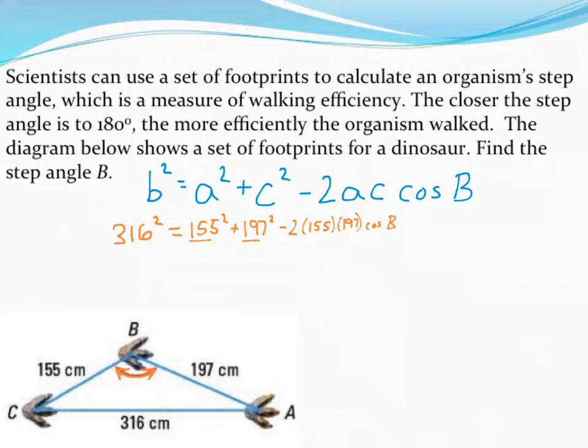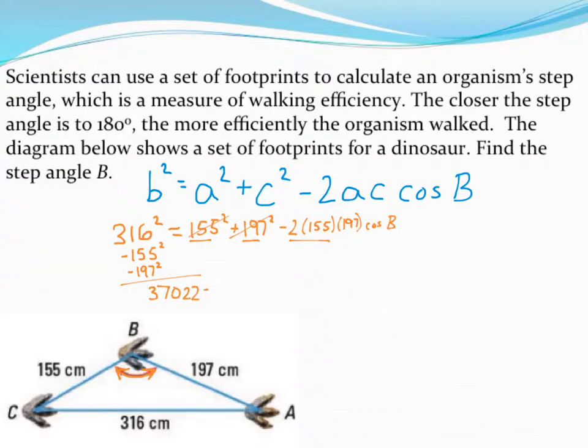There are three terms in this problem, and for these first two terms, I would recommend subtracting those from the opposite side. So subtract 155 squared, subtract 197 squared. I would just type that in all at once, so I don't have to write down so much. Make sure you type in the squared when you subtract all that, and you can double check my work or pause the video and try it on your own. I ended up with